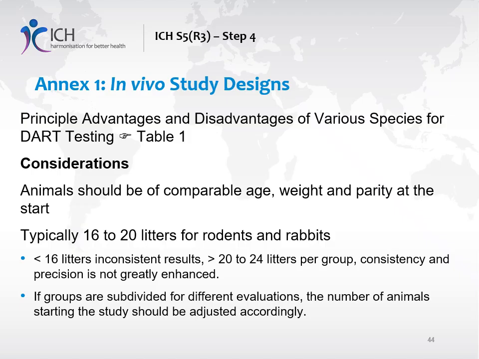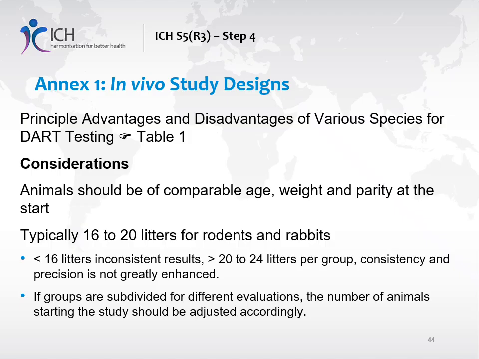In vivo study design considerations. Generally, within and between reproductive studies, animals should be of comparable age, weight, and parity at the start. The easiest way to fulfill these factors is to use animals that are young, sexually mature adults at the time of the start of dosing. The number of animals per group specified in individual studies is a balance based on scientific judgment from many years of experience with these study designs and ethical considerations on the appropriate use of animals.